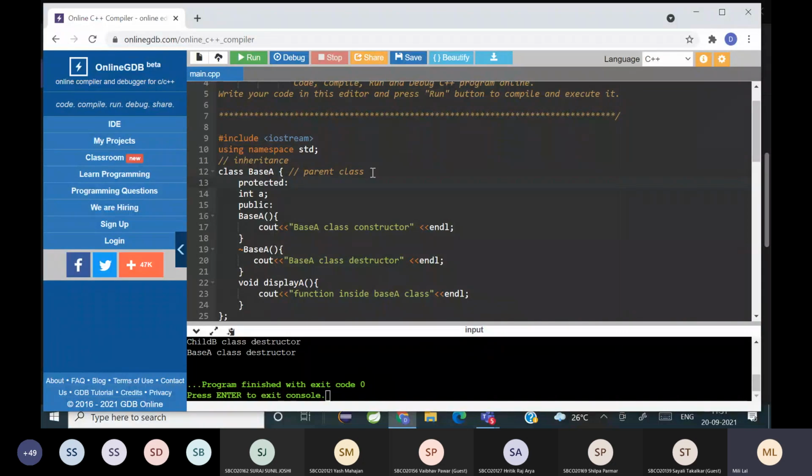Can you tell me the order of constructor call and destructor when a child object is created? First, the constructor of the parent class is called, then the child class, and for the destructors, it is just the opposite of the order in which the constructors are called. Yeah, please remember that. So when you explicitly call the destructor using the delete operator, remember, don't destroy the parent before the child. Is it clear?